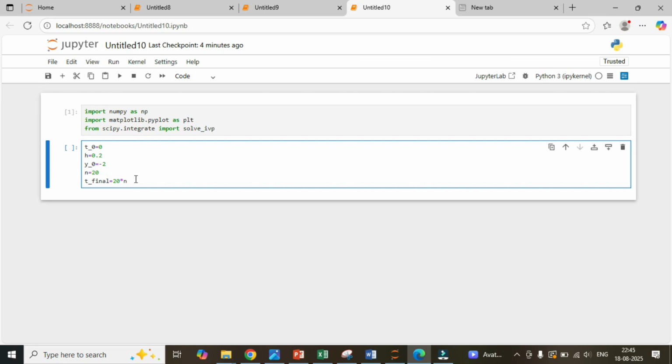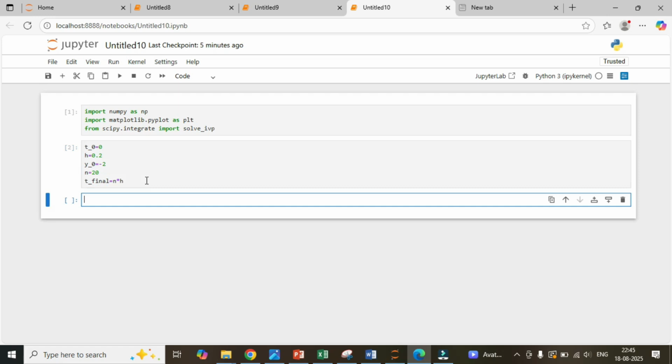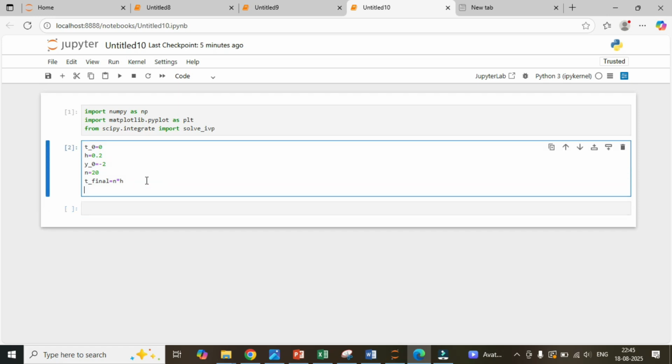Shift enter. So here I want 20 points, and if you want to find the final value of t, it is 20 multiplied by h, it is n multiplied by h. I can change the value here. Now shift enter, and again I want to solve for the range of t span